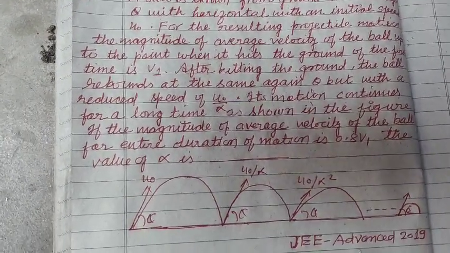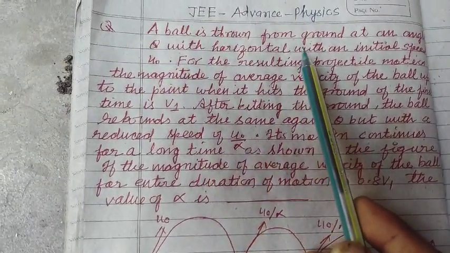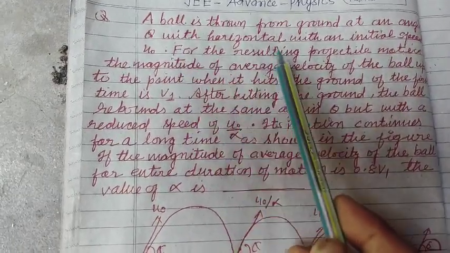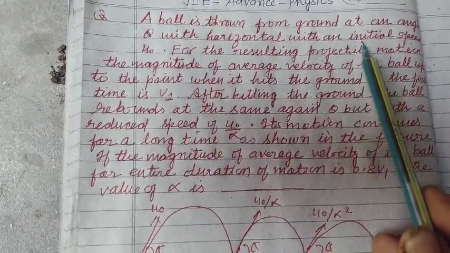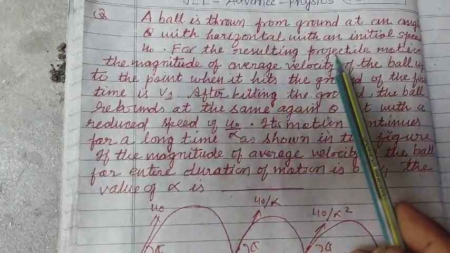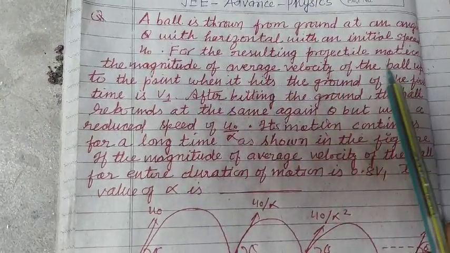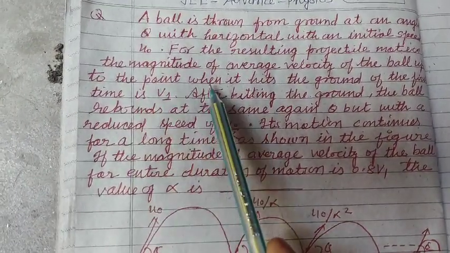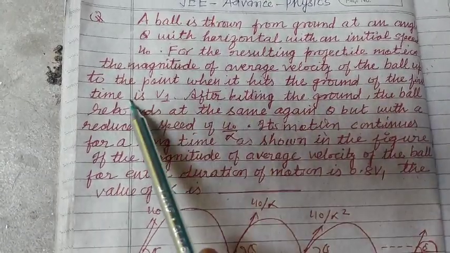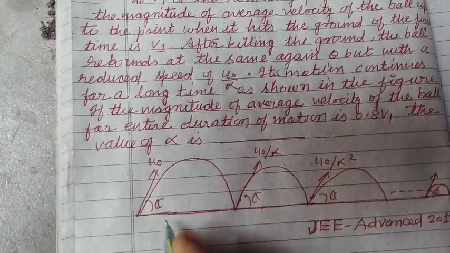Question from JEE Advanced 2019. A ball is thrown from the ground at an angle theta with the horizontal with an initial speed of u0. For the resulting projectile motion, the magnitude of the average velocity of the ball up to the point when it hits the ground for the first time is v1. So student, v1 is the average velocity